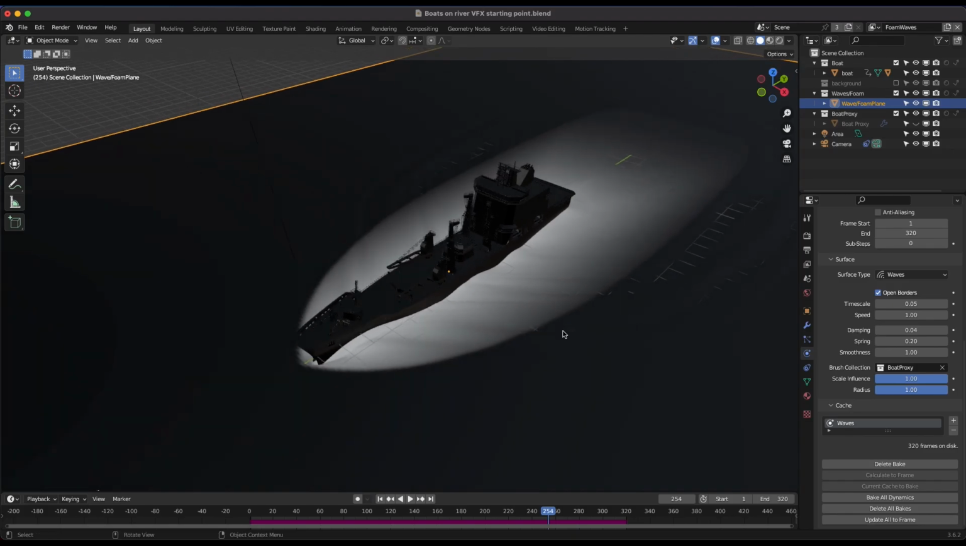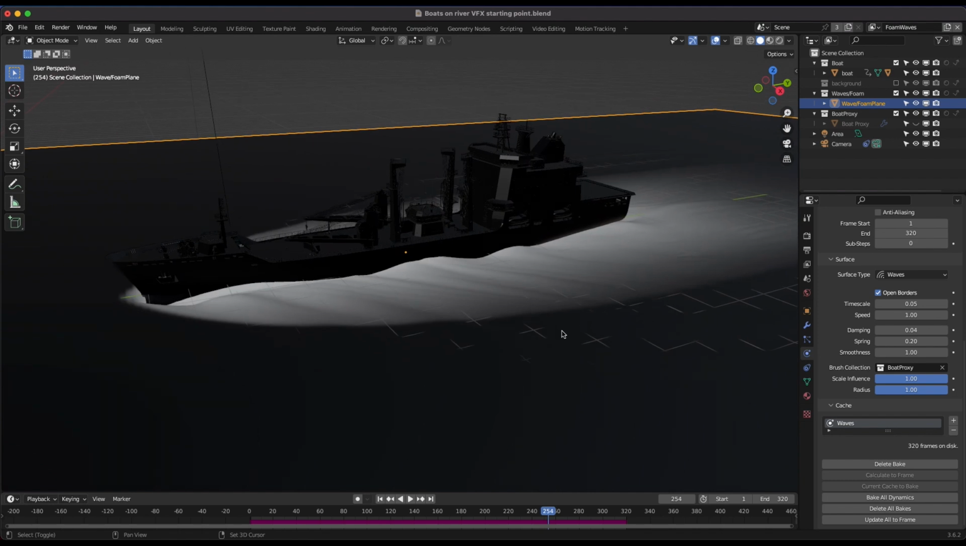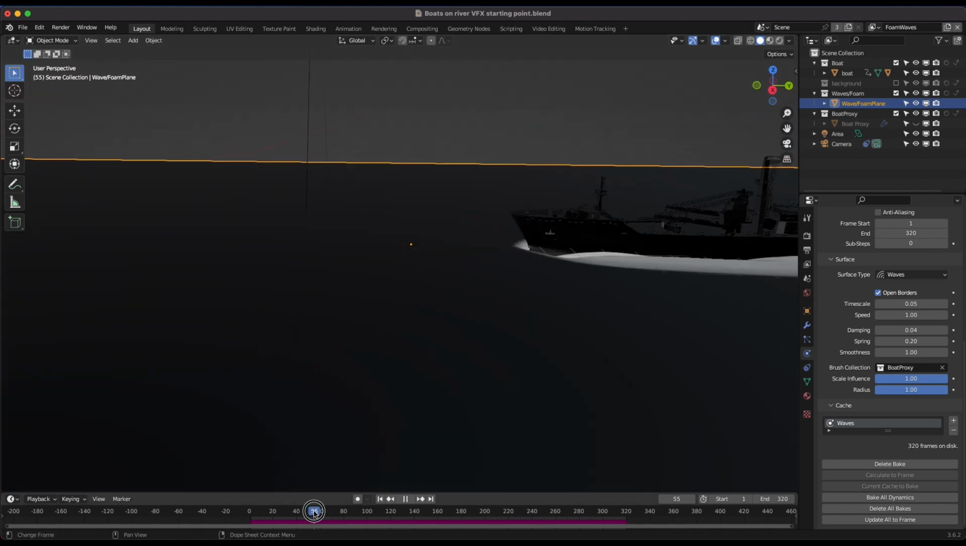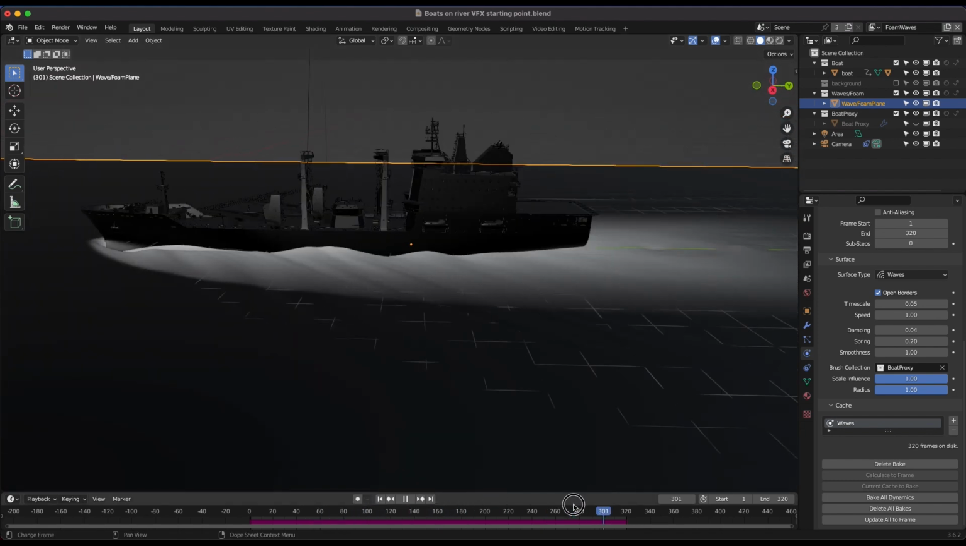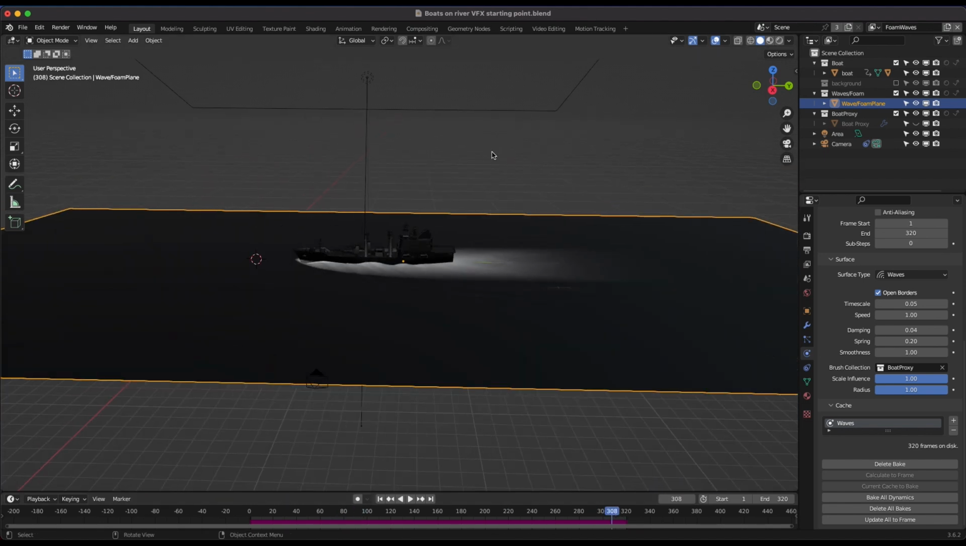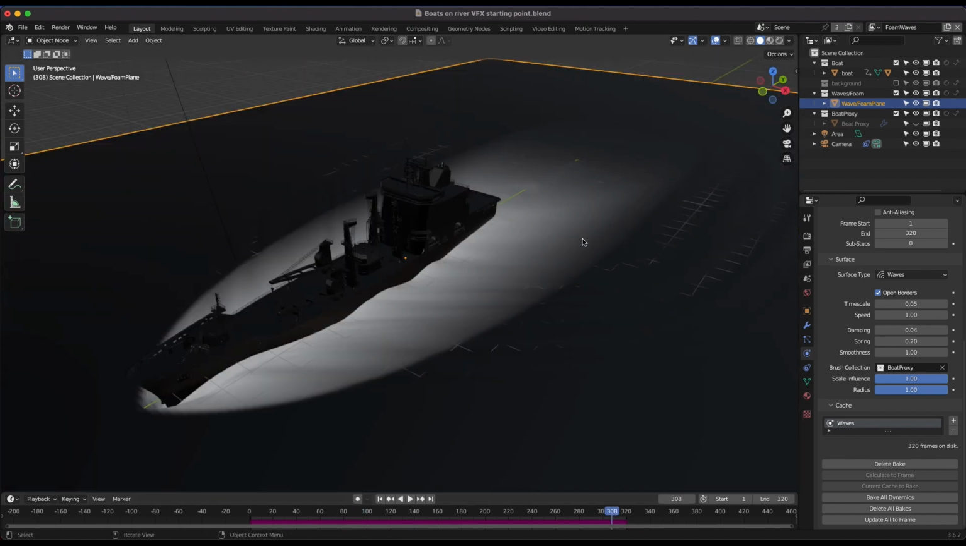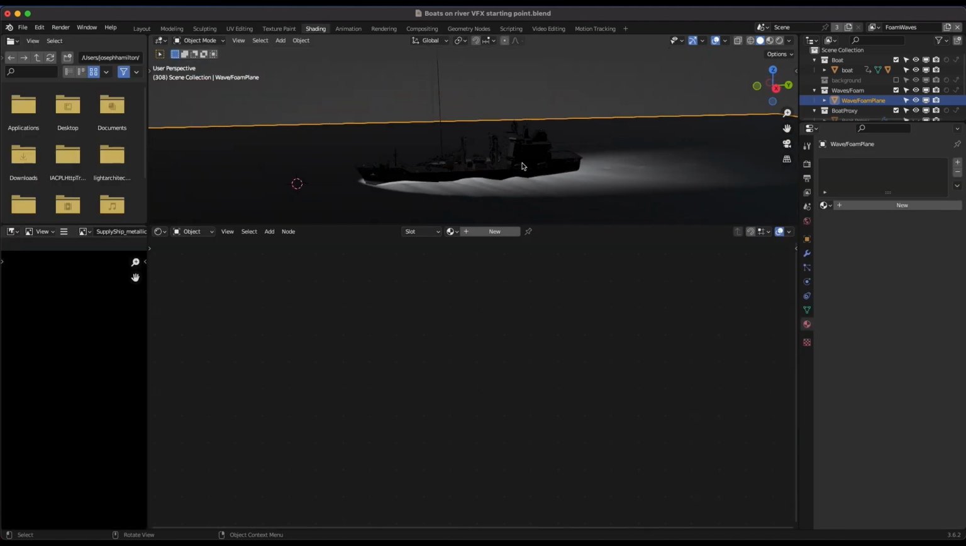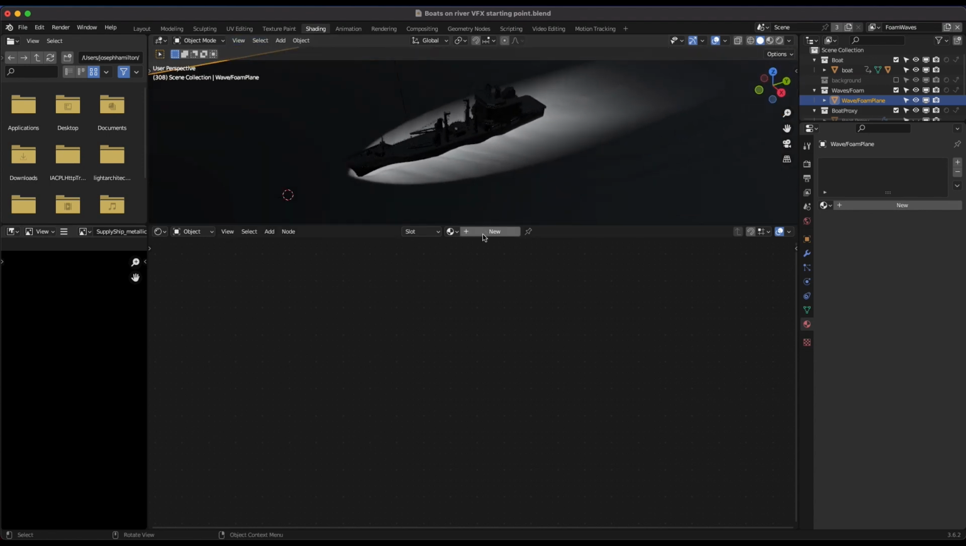All right, so now that we have baked our two dynamic paint simulations here, our waves are looking pretty cool, and we can see it at any portion of our timeline without playing back from the beginning. So this is going to drive our foam system. Now what we're going to do is make the material for our foam system. So I'll go into our shading tab with our wave foam plane selected, and we'll add a new material